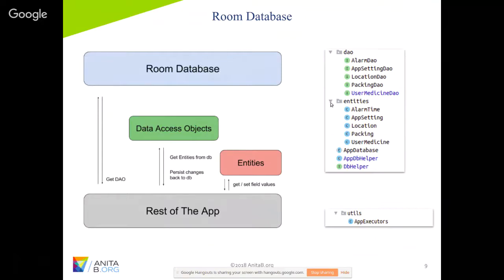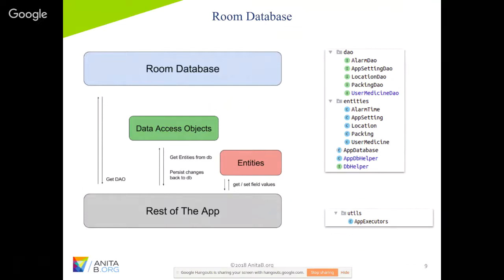And the Room database, that is here, if you can see, I have the app database file. The app database is actually responsible for the database objects and my entities, and it also handles whether I'm migrating from an older version to a newer version. Now the question is why and how Room is better than the older